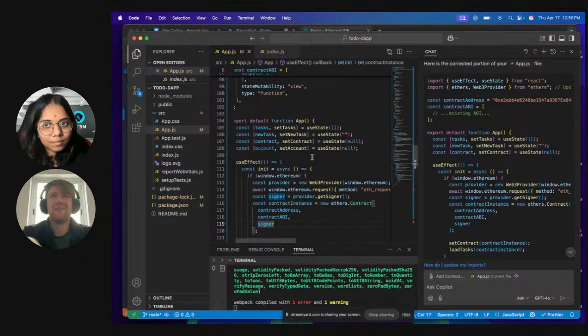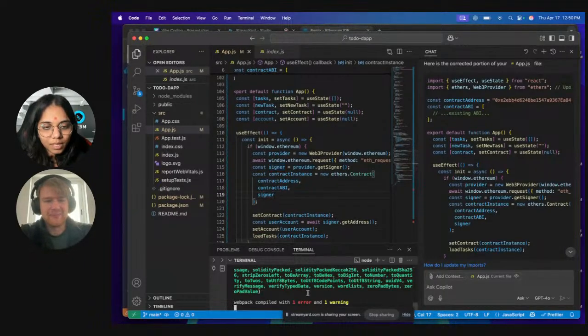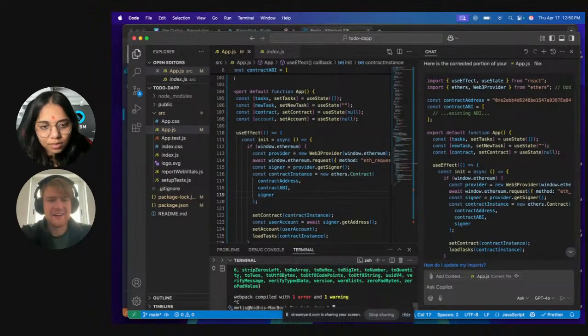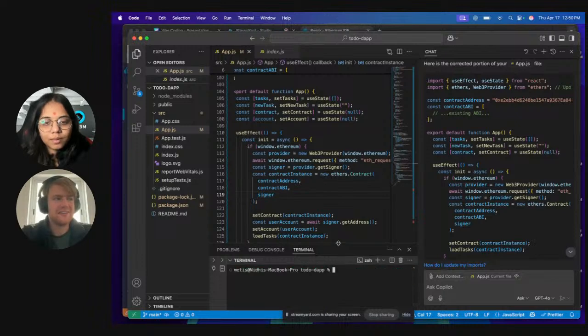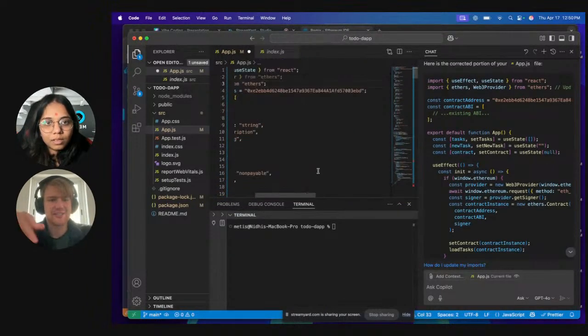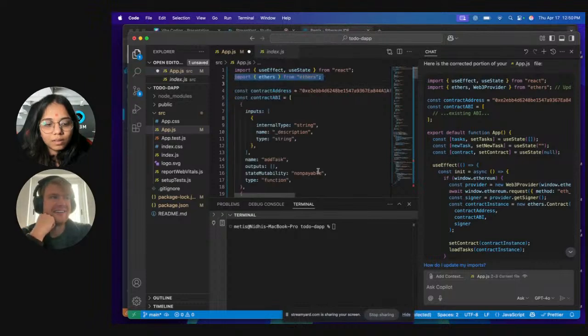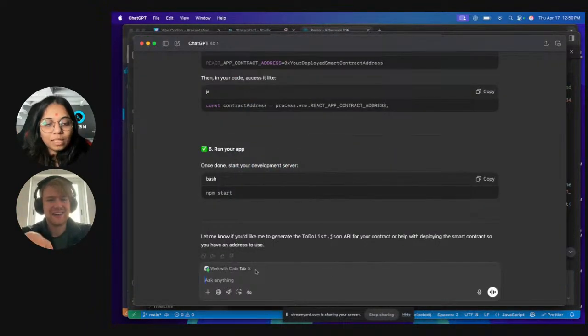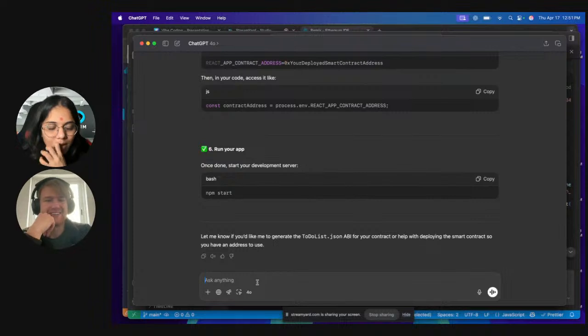Maybe it would be easier to use version 5. So in this case, we can downgrade the Ethers version and see if that works rather than trying to replace it, because if ChatGPT gave us the solution using Ethers v5, it likely doesn't have the context. Let's ask that question. Yeah, so let's ask that.